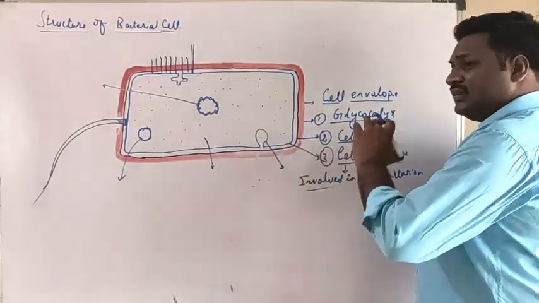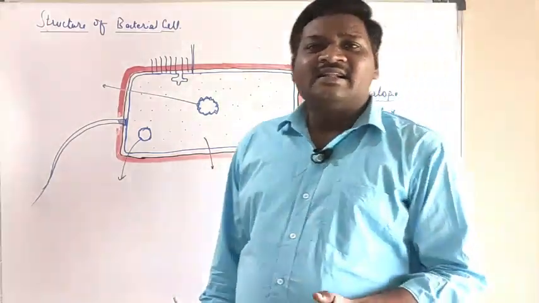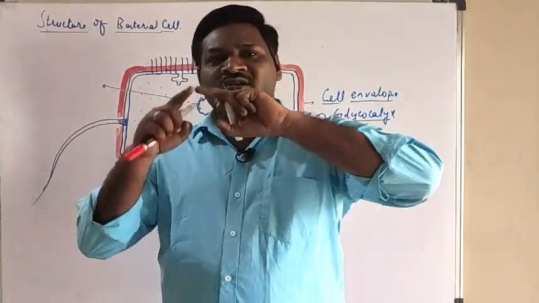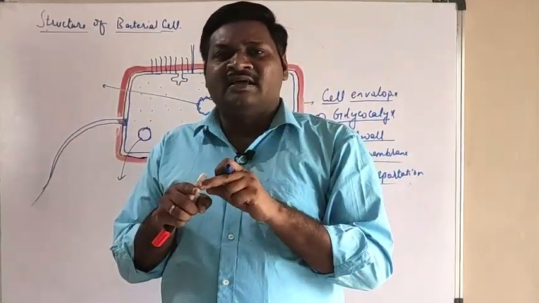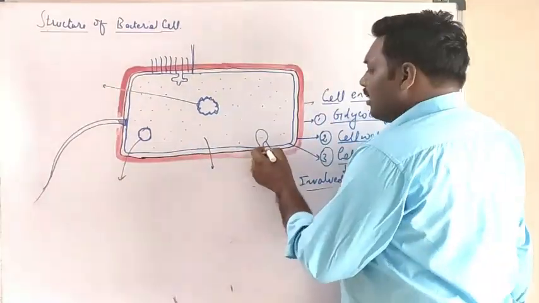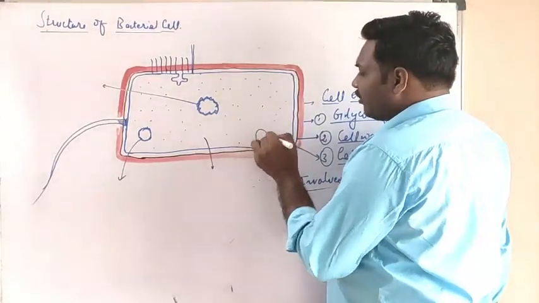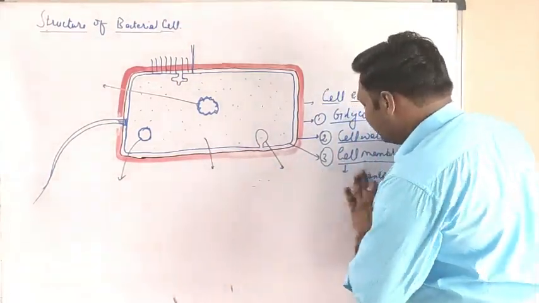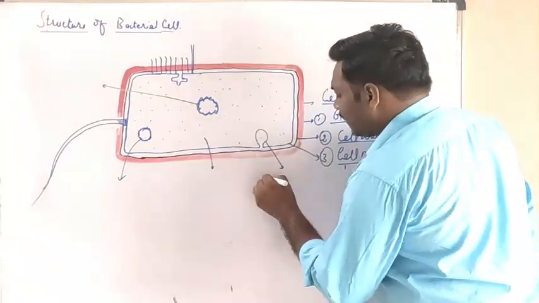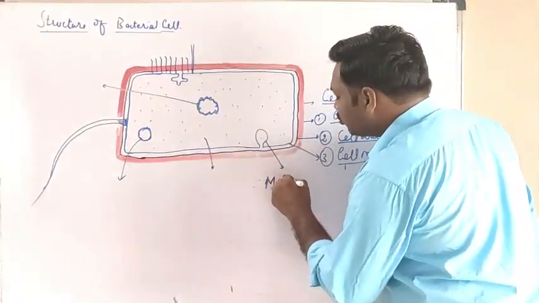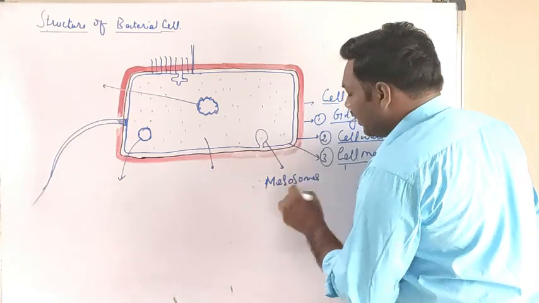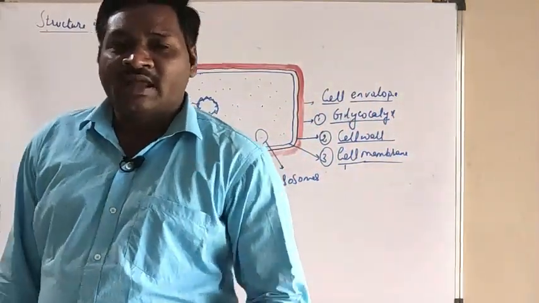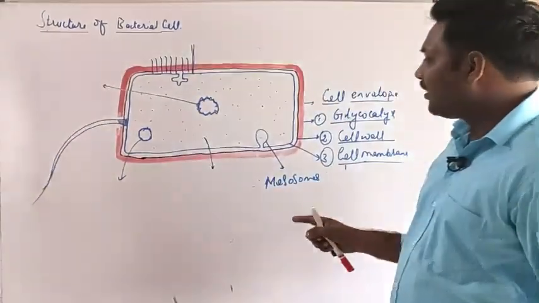Now the cell membrane in the bacterial cell consists of certain foldings. It is not just a continuous membrane, it has certain foldings like this. Here you can see and here you can see. These foldings are called mesosomes. In earlier classes also we have discussed mesosomes, right? We discussed the mesosome during binary fission, as well as during the